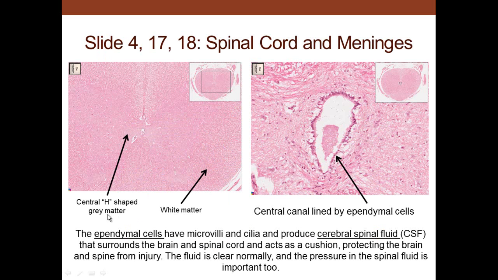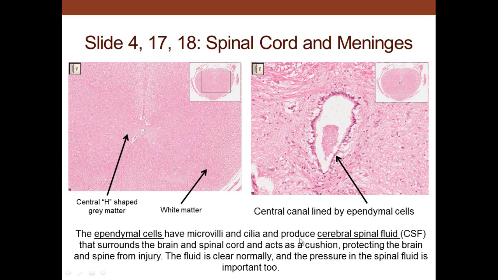The gray matter is actually on the inside of the spinal cord, and the white matter is on the outside. The gray matter is where you have the cell bodies, and the white matter is where you have the axonal interactions. And the central canal is lined by ependymal cells, and these ependymal cells have microvilli, most cells do, and